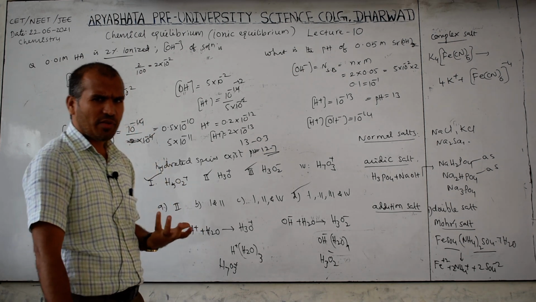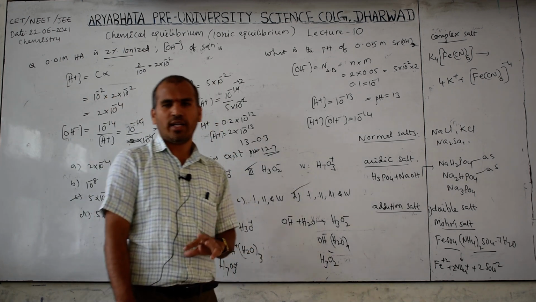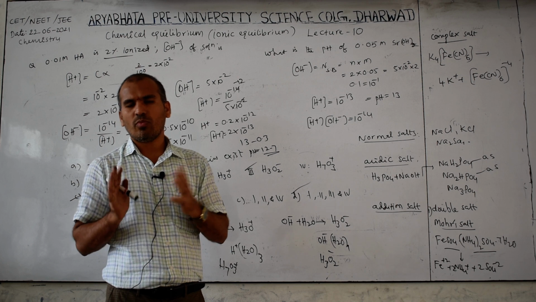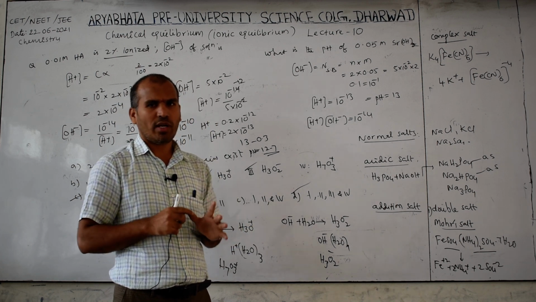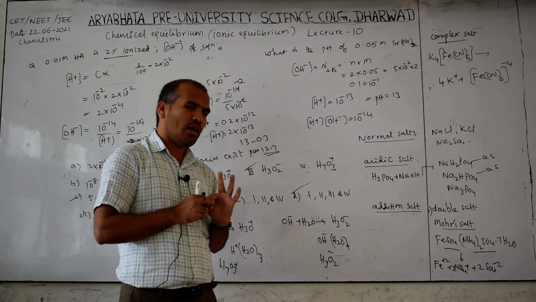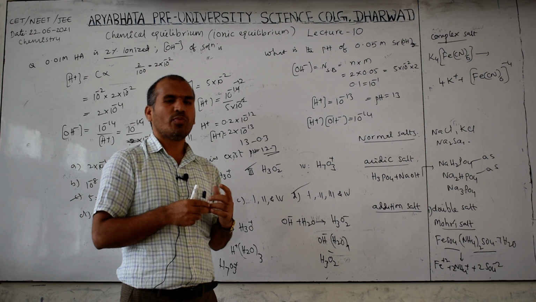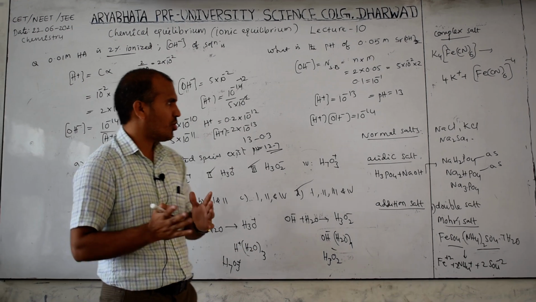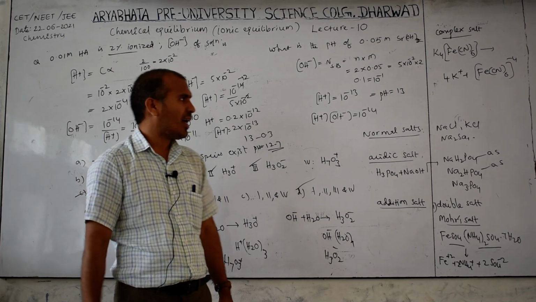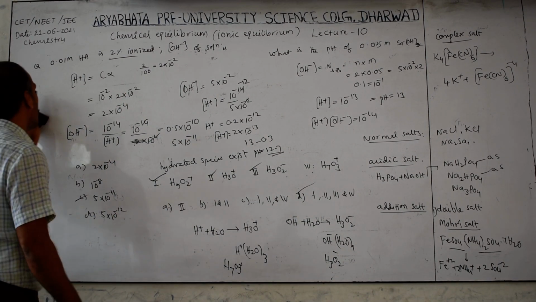Salt hydrolysis, what is that? In a salt, a cation is there and an anion is there. Any one may react or both may react. Cation or anion or both interact with the water to produce an acidic, basic or neutral solution, and that is called salt hydrolysis. Then how do we know this? Here also I have shortcuts.